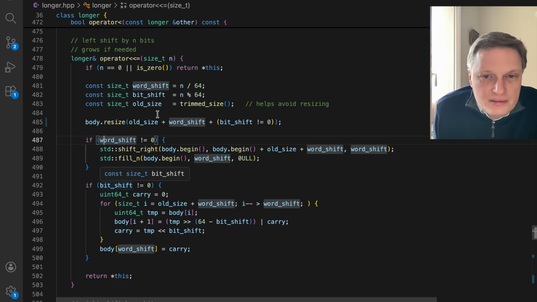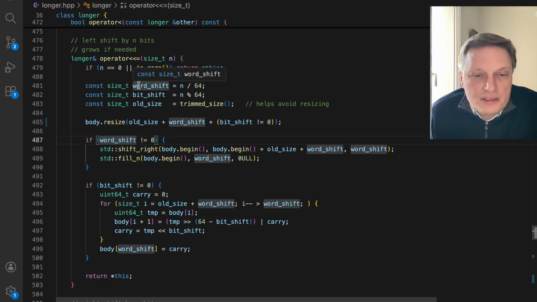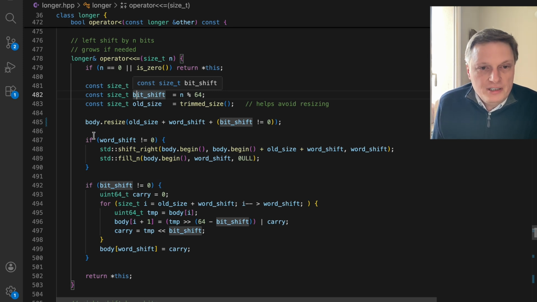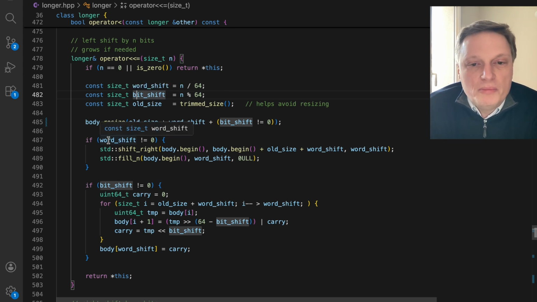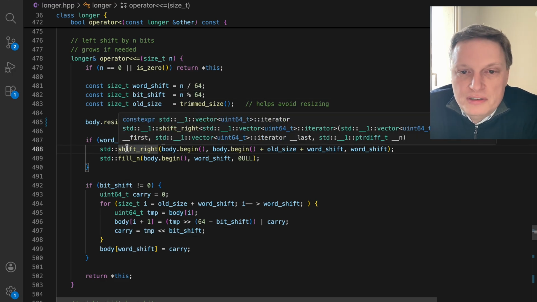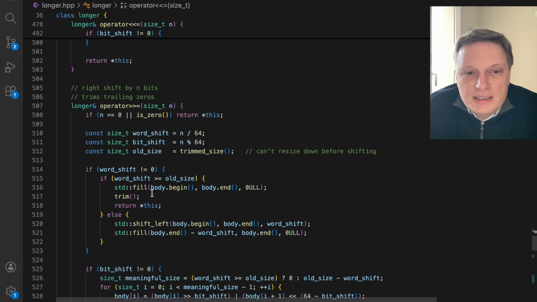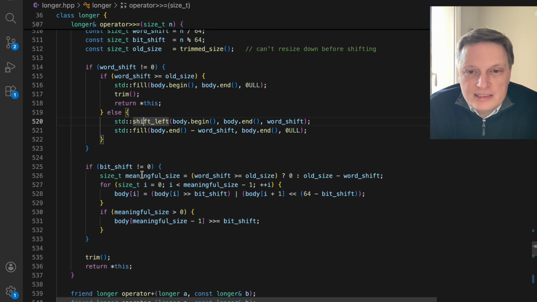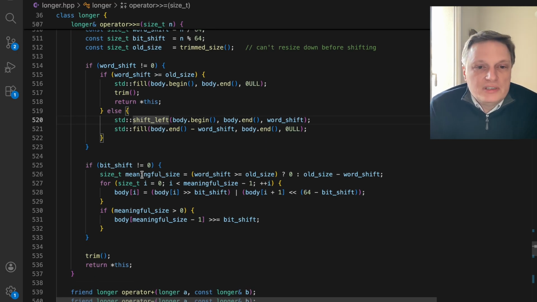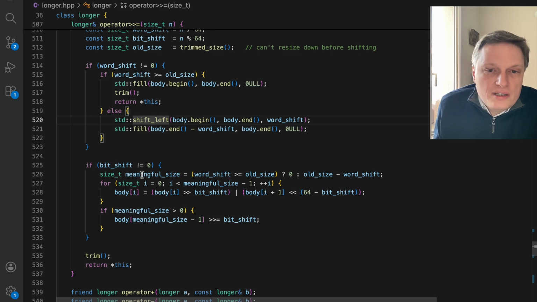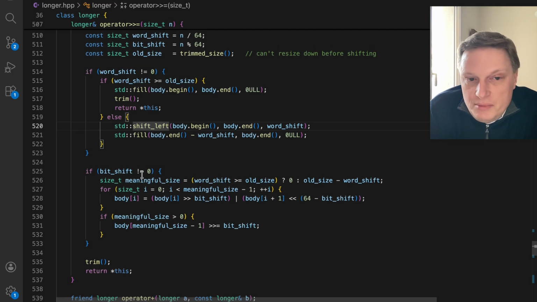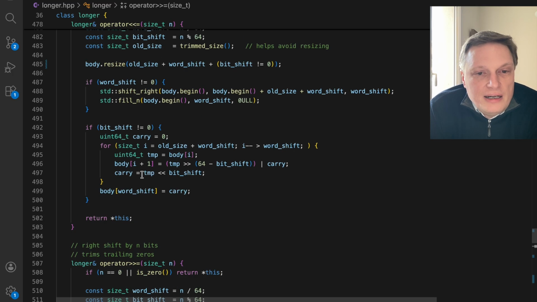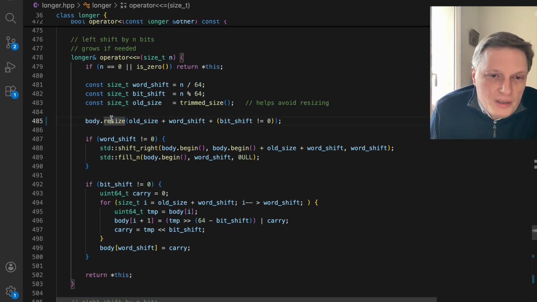Shifting by n bits can be decomposed into full words plus remaining bits. First, I shift entire 64-bit words. In a right shift, the least significant limbs are discarded. Then each remaining word is split into the part that stays in the same limb and the part that moves into the next limb, with leading bits padded with zeros. Left shift is similar, except that it allows the number to grow. I believe that there is an advantage to doing this in 2 steps,